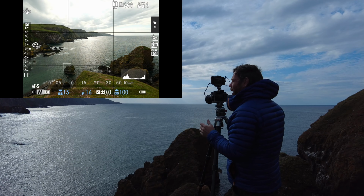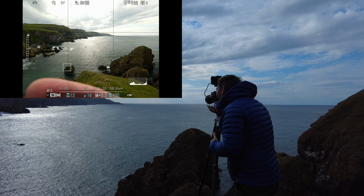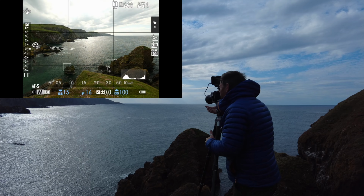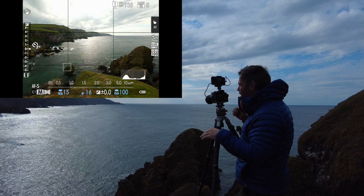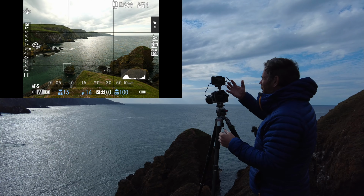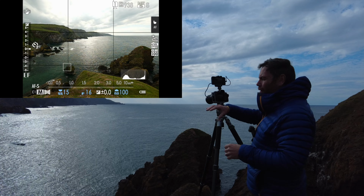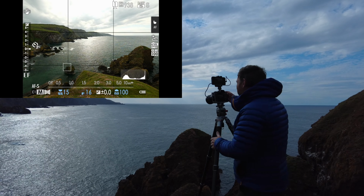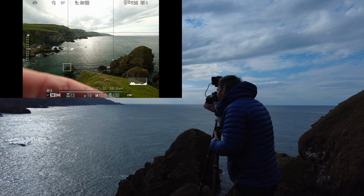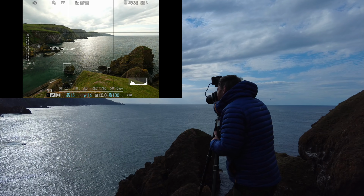It's been illuminated really quite nicely, so I want to bring that exposure up. I've got a circular polarizer on and I'm just adjusting that, not to take all the glare off the water, but just take a bit of the sheen. Because it's so bright with the sun coming down towards me, I'm getting that real sort of band of bright light there. So I want to reduce that as much as possible because it's going to be quite distracting. So I'm going to adjust that and get rid of it as much as possible, and then I'll take a